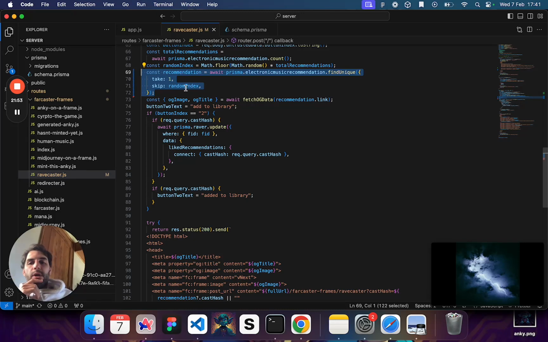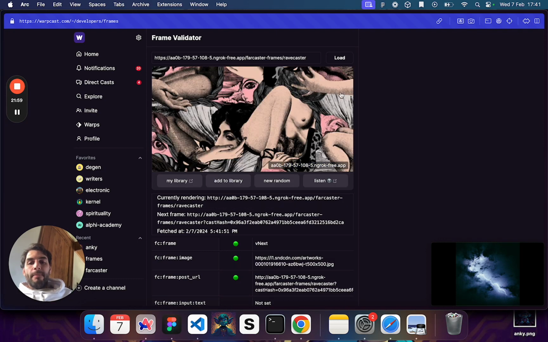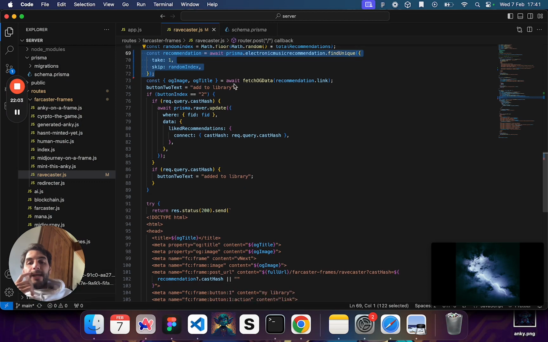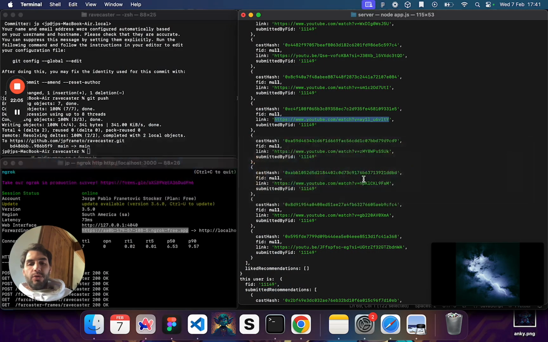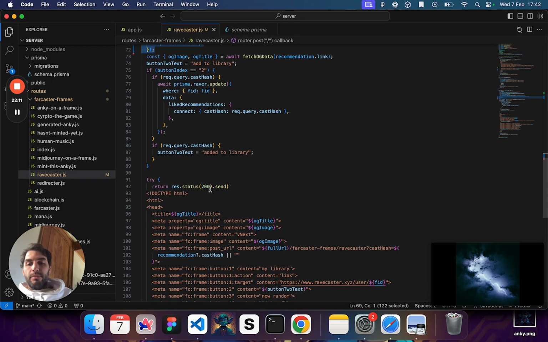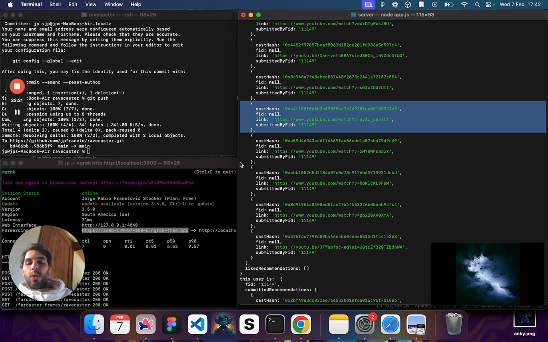So this is the recommendation that is rendered here. This is the first recommendation, okay? This recommendation has inside it a hash. I showed you this. This is one recommendation. Inside it has a cast hash property. So if that property is present, it's going to be added here. So the next time that the user clicks one of these buttons,